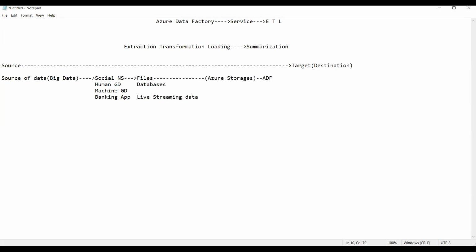That is called Azure storages. So further, with the data stored in the Azure storages, the data is picked up by ADF, which performs the job of what? Tell me now, guys. E, T, and then L. Ultimately, once the ETL is done, guys, what happens? Finally, the data will be loaded. Am I right, guys? Finally, the data will be loaded.